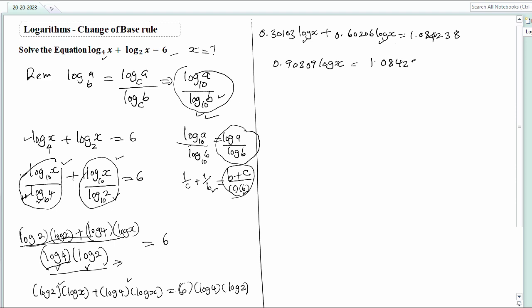To get log x, we divide both sides by 0.90309, and you'll find that log x is equal to, if you divide this by this, a value of